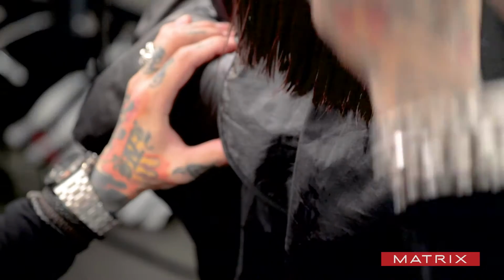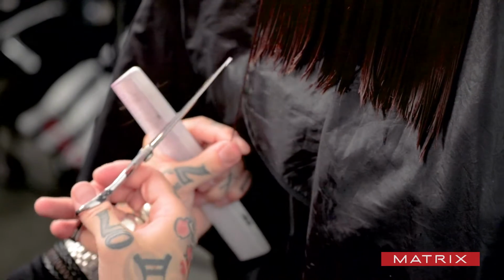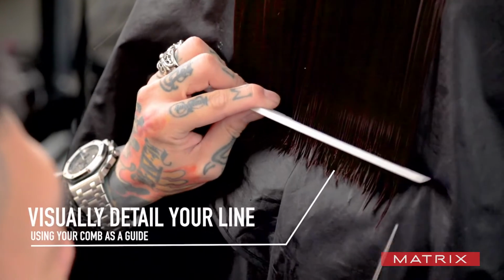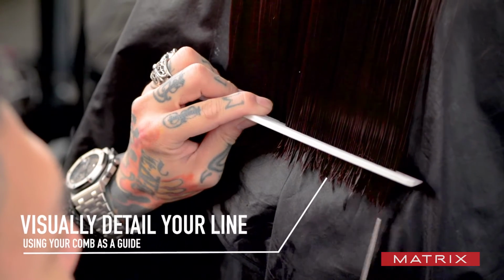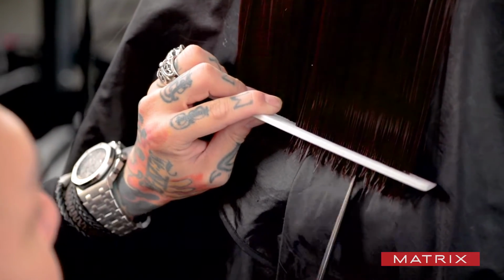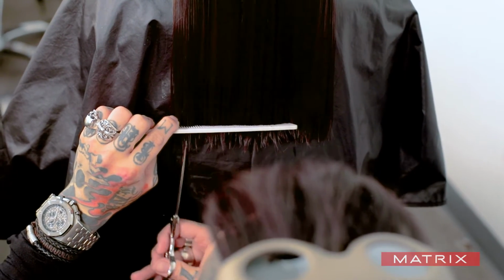at the very top. And then once we pull all of it down, we can take a look at the entire thing as a whole, and then you can detail the bottom of it. Like that's a little bit longer, that's fine. We're gonna take the comb down and just lightly even that out. Point cutting only though. Okay, so this is step one to get that length to how you want it,